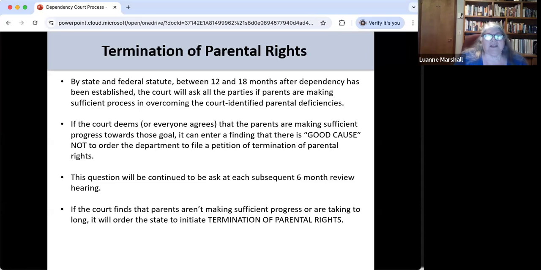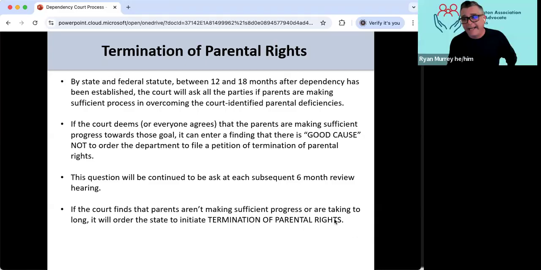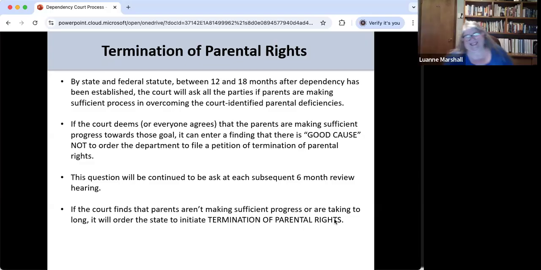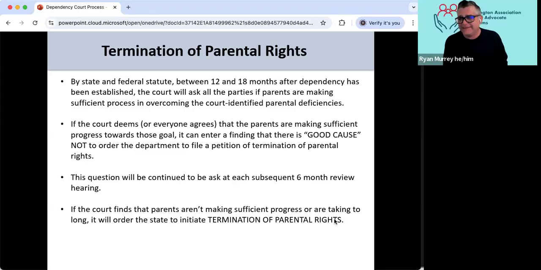Chris, you were asking if Ryan could talk about the difference between guardianship, termination, and dependency. You'll find all that information in this training. I know Ryan could go over it all, but it's a whole separate training in and of itself. And Ryan probably couldn't go over it all without doing a little bit more research. It's complicated, and it keeps changing all the time.